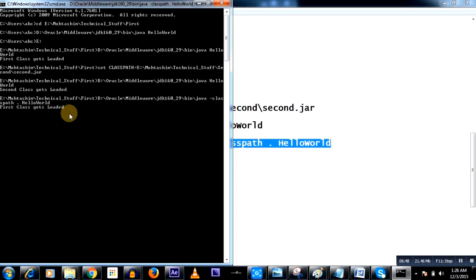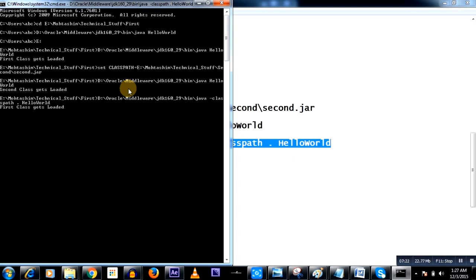So if I execute, you see it is now preferring the local class path, although we had explicitly set the class path to the second.jar. So this is what takes preference first: the argument class path which goes with Java. The second preference is given to the set class path which is set explicitly, and the third preference is given to the class which is present in the very directory from where you are trying to execute the class.